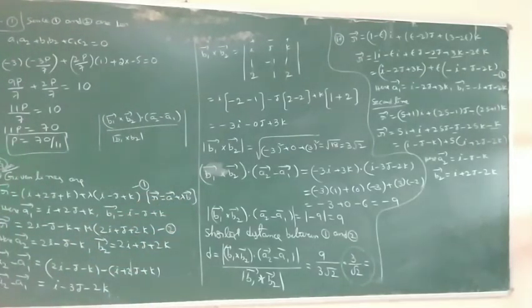Okay, clear? So this is very important: the shortest distance procedure is important, not just whether problem 14 or 17 is important. In shortest distance problems, maximum 90 percent come from the procedure with given vector equations. This procedure is very important. After that, shortest distance using Cartesian lines. Okay, clear?